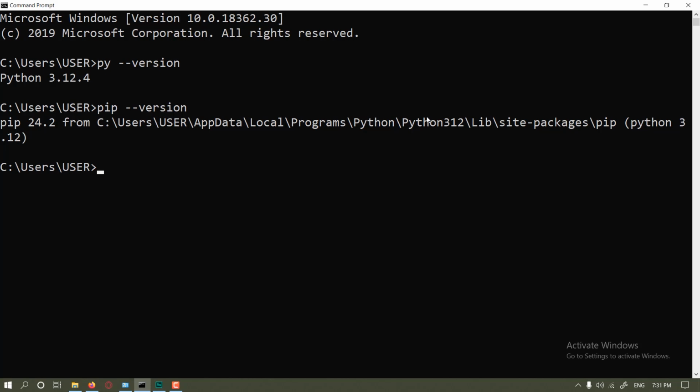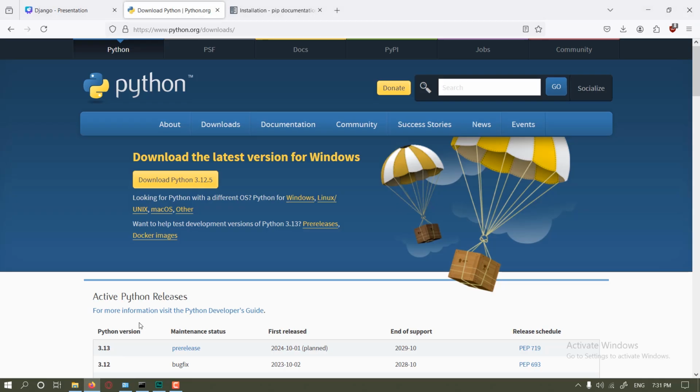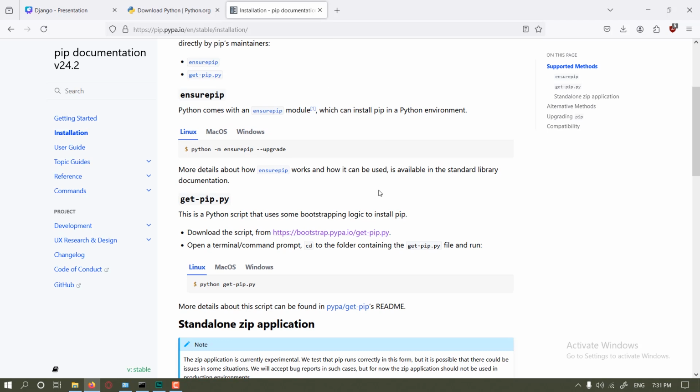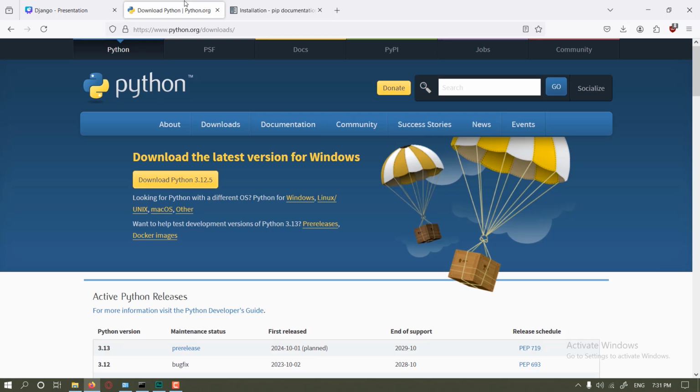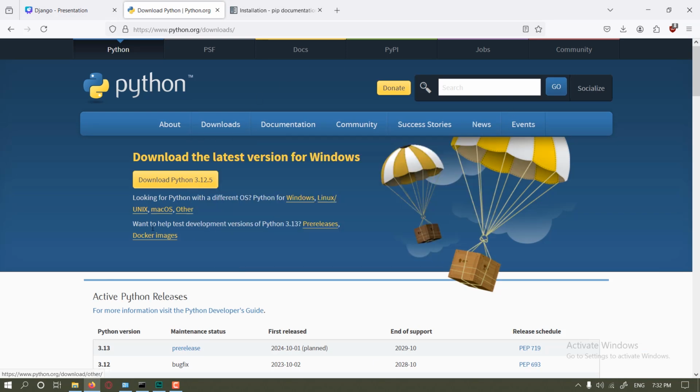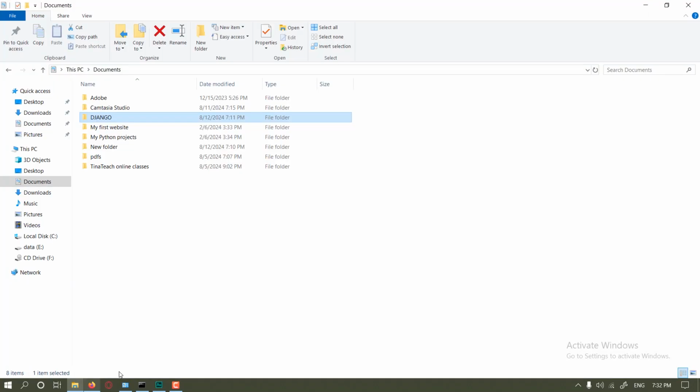But in the case that it is not installed on your computer, you can either go to this website over here, which I will link in the description, where you can follow the guide on how to install for Linux, macOS, or Windows. Or if you want the easier route, head onto control panel, search for Python in the uninstall or change a program, and then simply uninstall Python. Once you did that, head over to the Python main website, download the latest version,